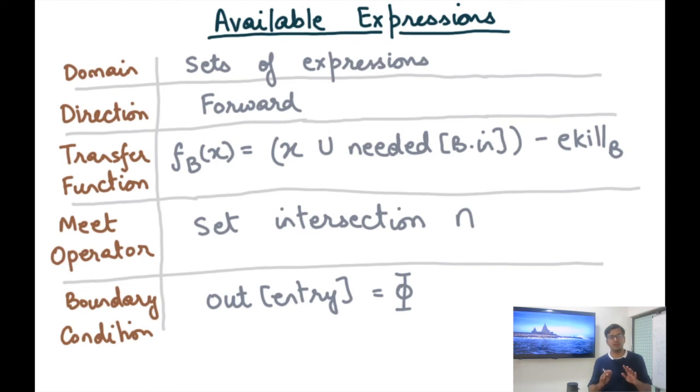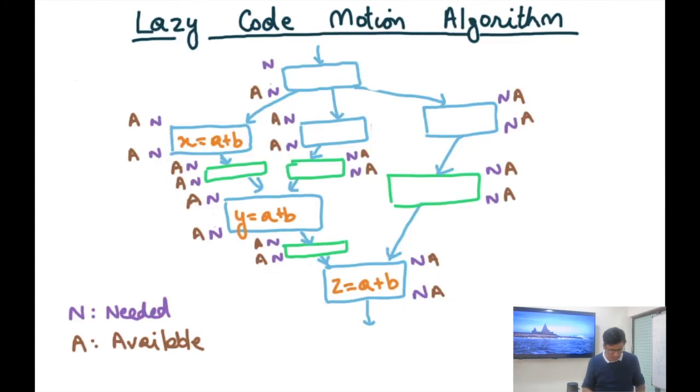Notice that this is an interesting algorithm which uses the result of the first data flow analysis to compute the second data flow analysis. So only after the first data flow analysis has fully completed can we start the second data flow analysis, because we require the final results of the first data flow analysis in our second data flow analysis.